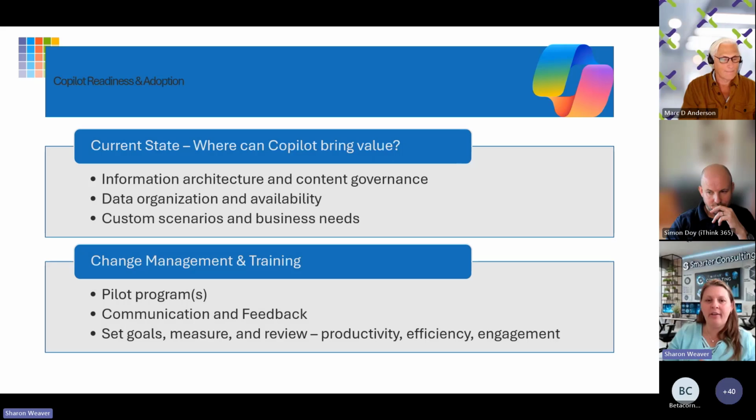Make sure people find the value, get some success stories, then roll those out to other people. Make sure you work out the bugs too, right? Make sure you understand how it fits within your organization. Have tons and tons of communication and feedback loops in place, just because you want to make sure that everybody knows what's going on, they feel confident, they feel secure.